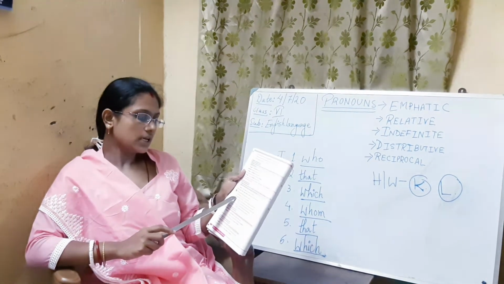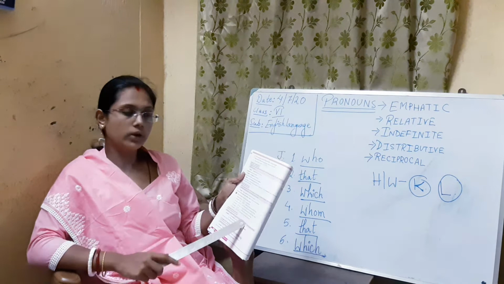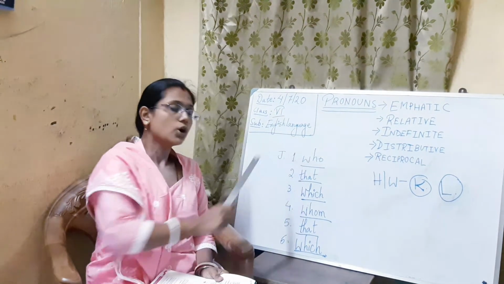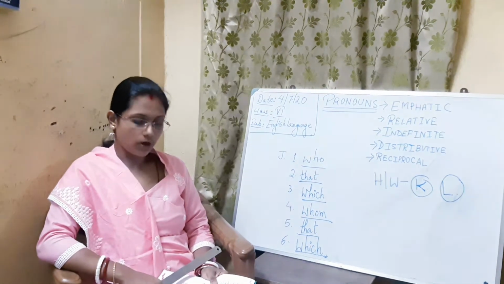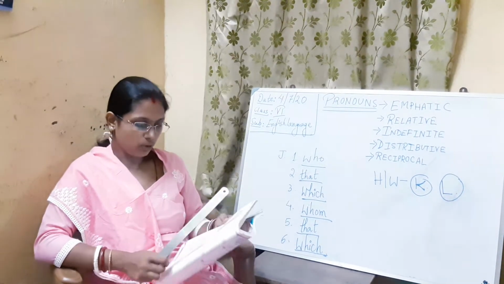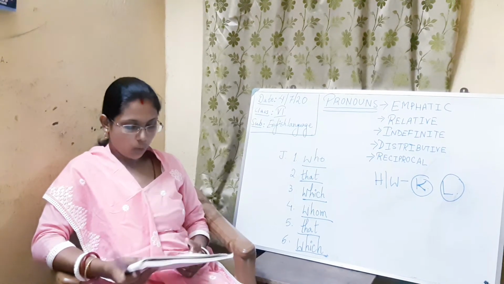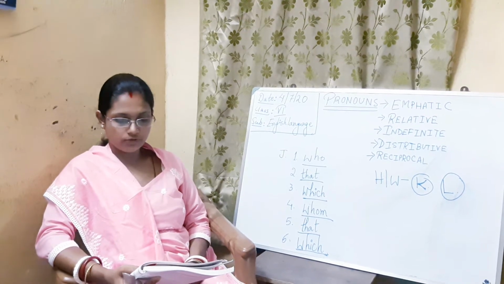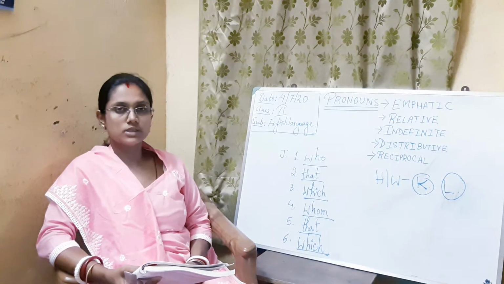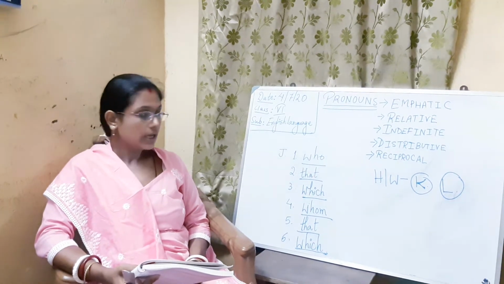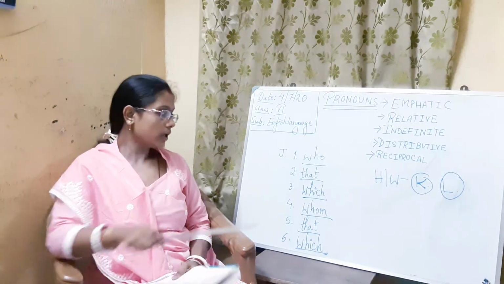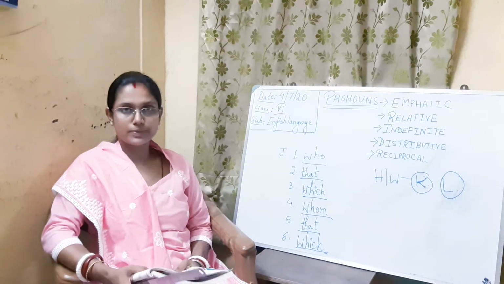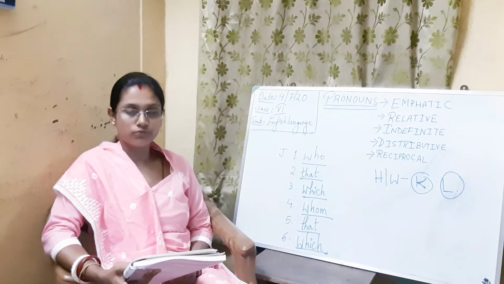The first one is: I know someone dash eats only fruit. What is the answer? The answer is who. I know someone who eats only fruits. The second one: the White House dash is beside ours belongs to my friend Varun. What is the answer? The White House that is beside ours. You can write, that is beside ours belongs to my friend Varun.